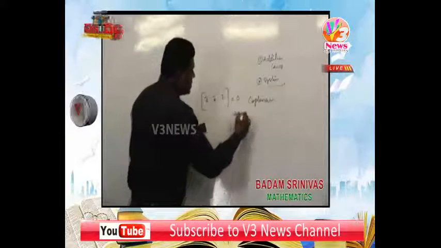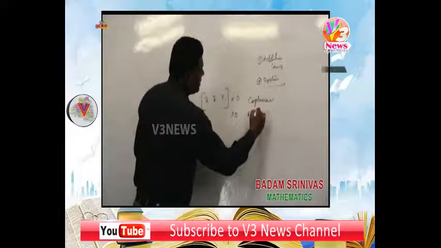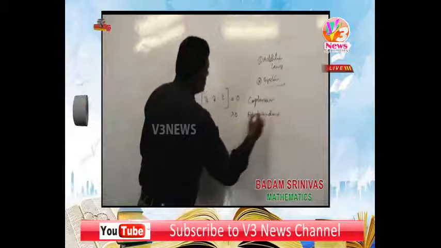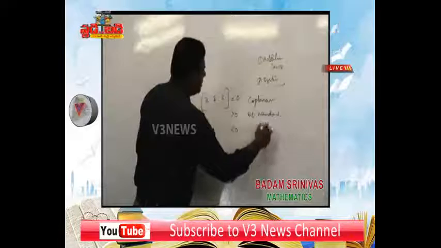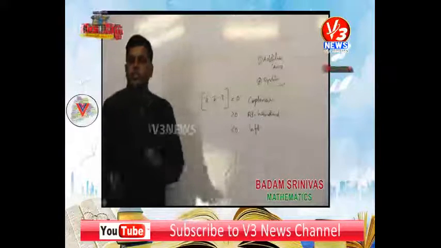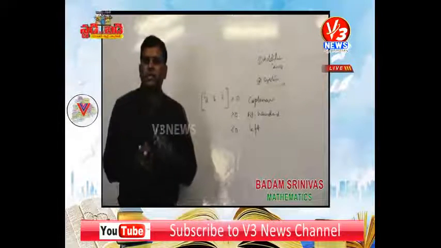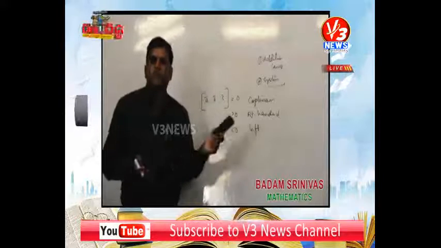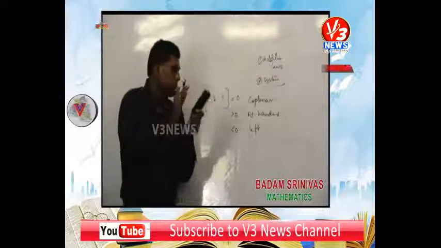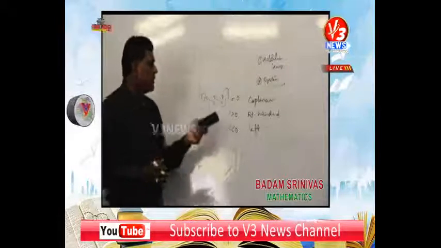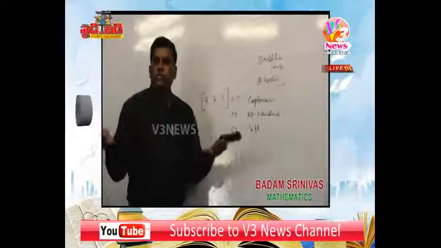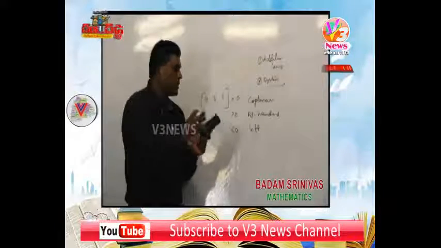If it is positive, then we can form a right-handed system. If it is negative, it will form a left-handed system. A very simple mathematical technique to calculate whether they are forming right-handed or left-handed systems. Find out their scalar triple product, and depending on that sign, we will get whether they are right-handed, left-handed or